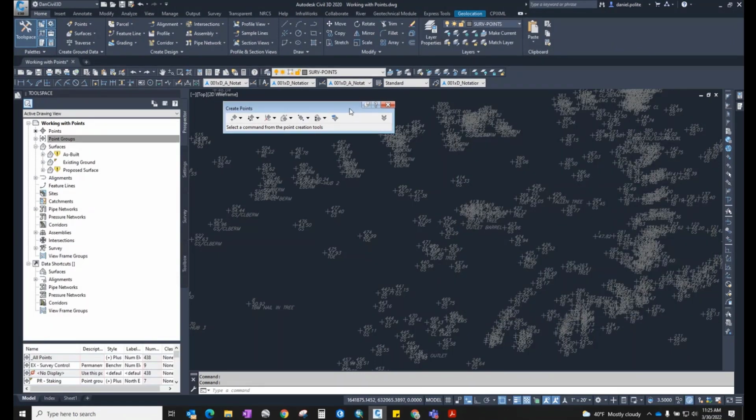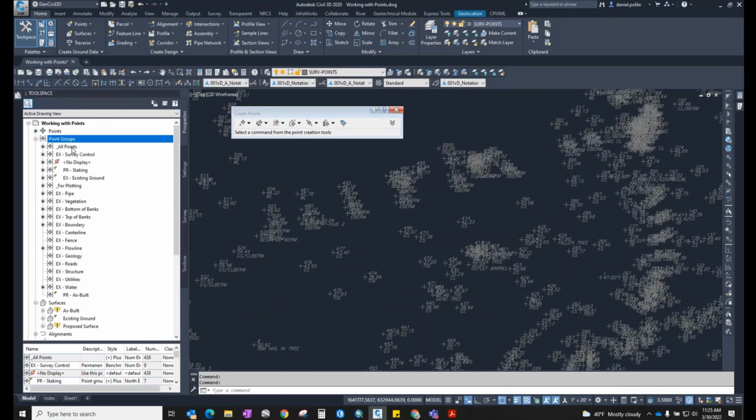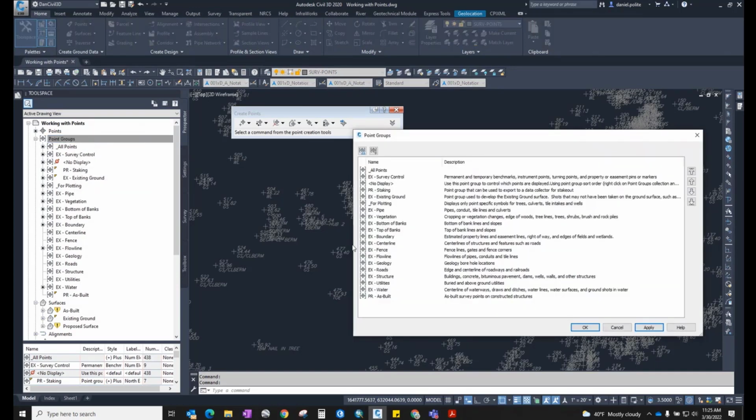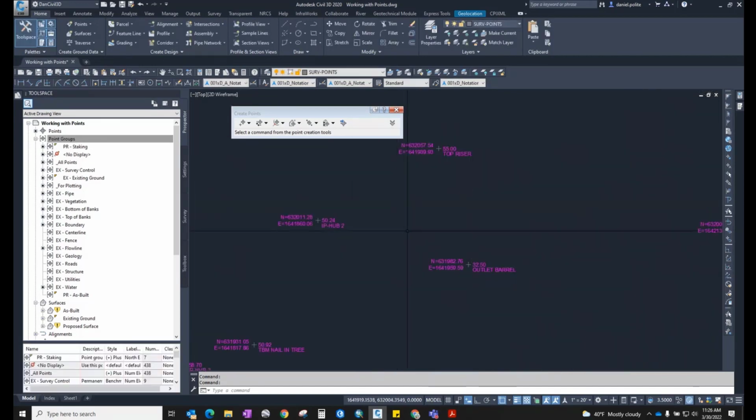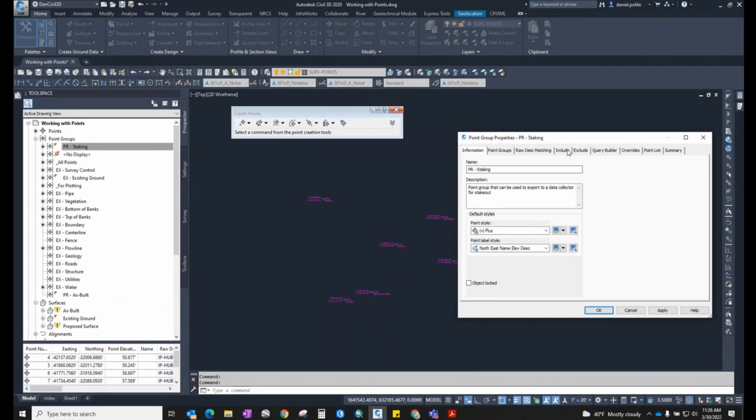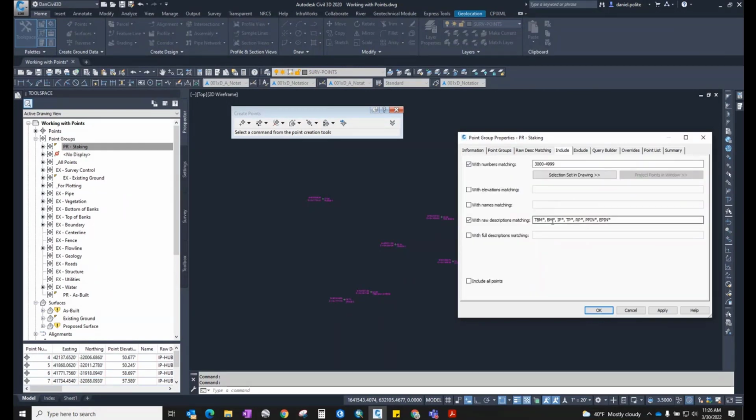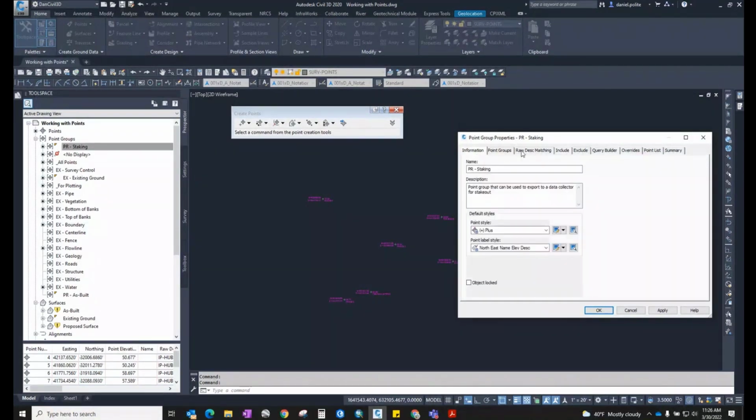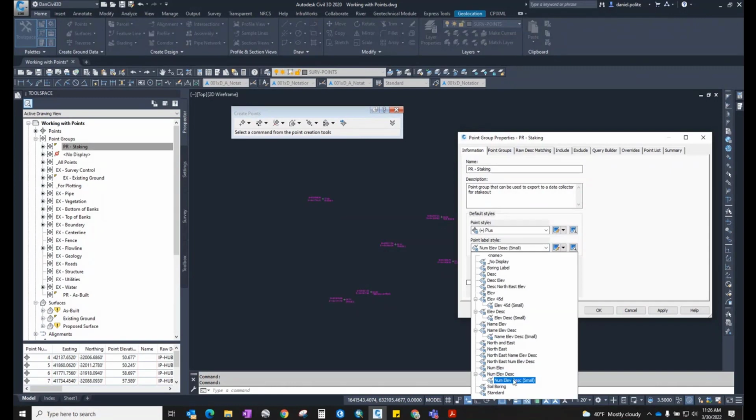So now we have point groups in here that have staking in them. So now what I like to do personally is on my point groups, if I go to my properties, I always like to take my plot, my stakeout points for staking, bring that to the top, do my no display to the top, and bring it right below my staking points. So it's including all these numbers, and also your TBMs and your staking. Of course, we got this set a little bit different, but